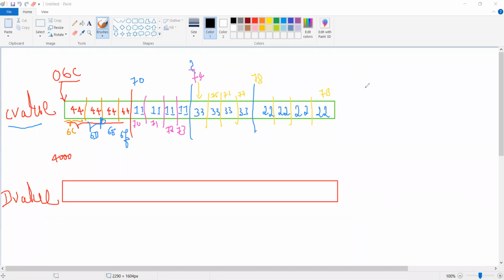So step number 1, understand how the data is stored in the original array. What is the original array name? C value. Now please remember this very important point: I have to take a whole copy of the C value array into D value.